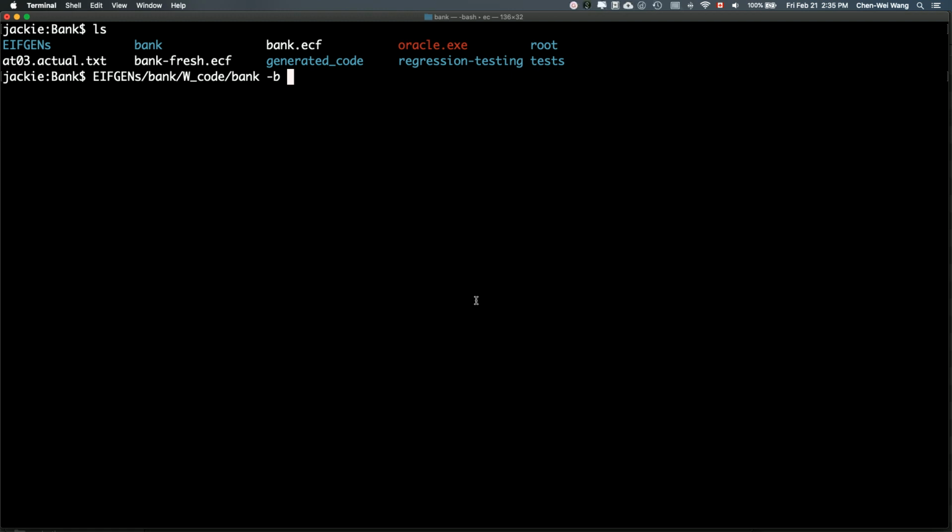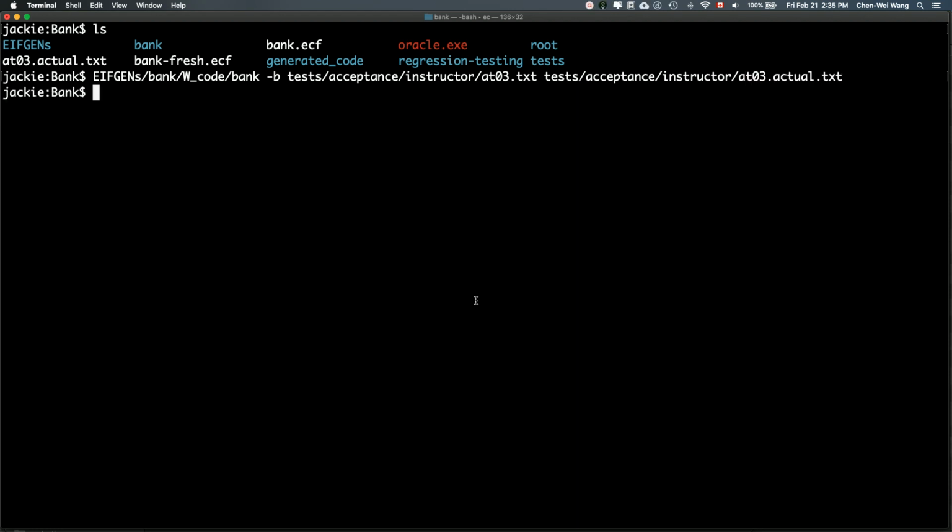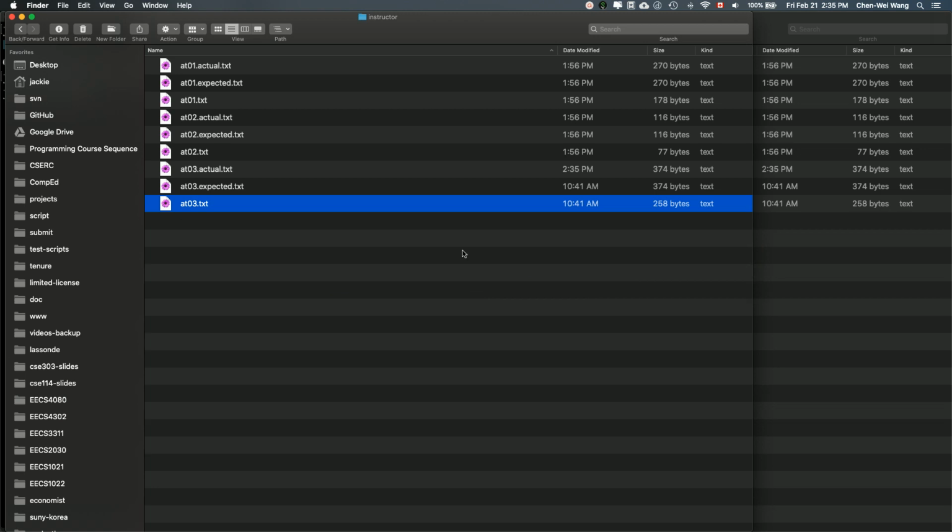So now I'll say -b, and then I'll go into the tests folder. Acceptance instructor AT03.txt, and we want to generate the actual file to see what your program actually produces into the same folder. So let me write it again. So you say tests acceptance instructor AT03.actual.txt. Okay, and then let's see what it produces. And it shouldn't match the expected outcome because we haven't done anything yet for the withdrawal. Let me go back here. So now you will see